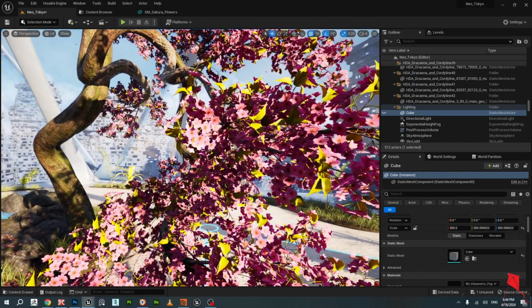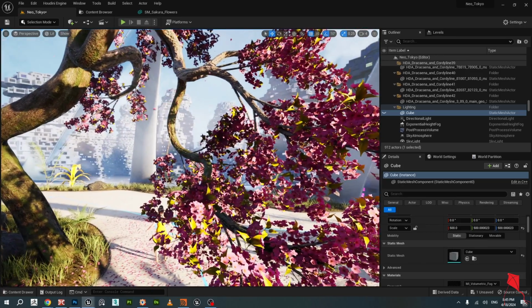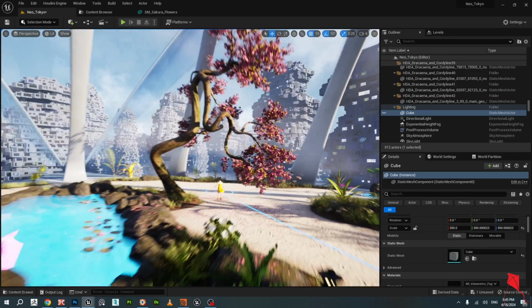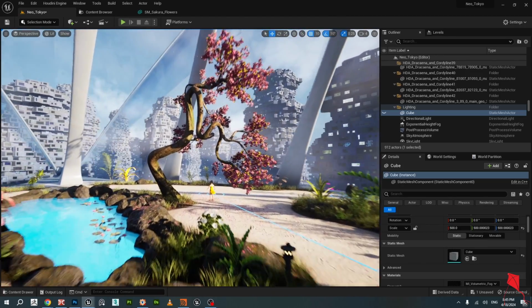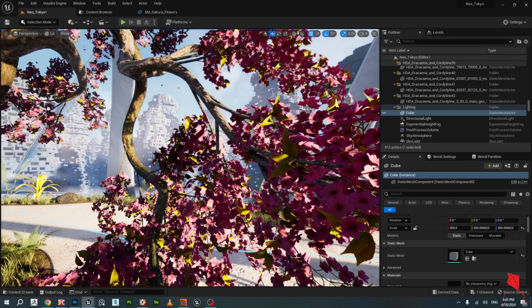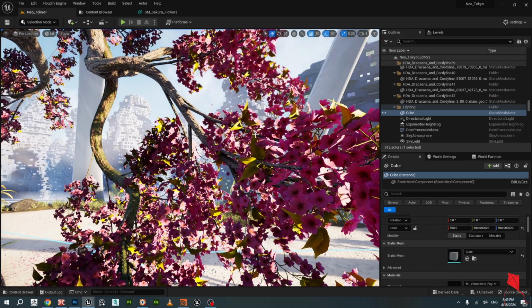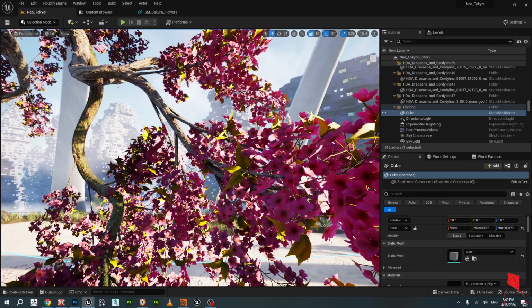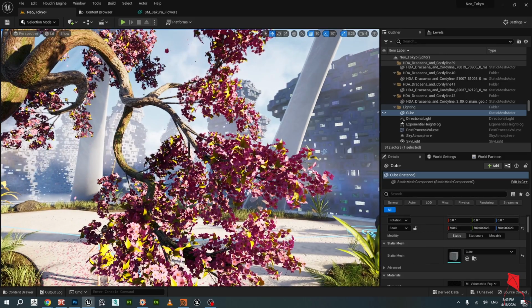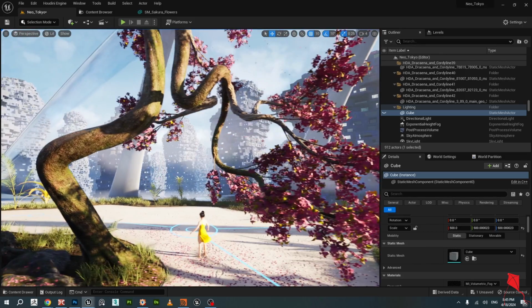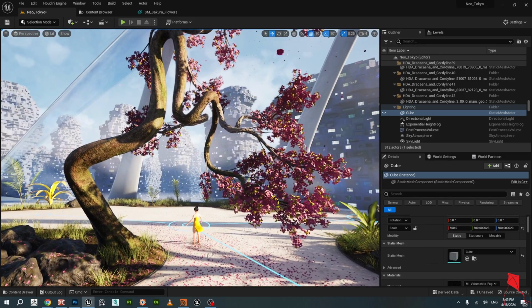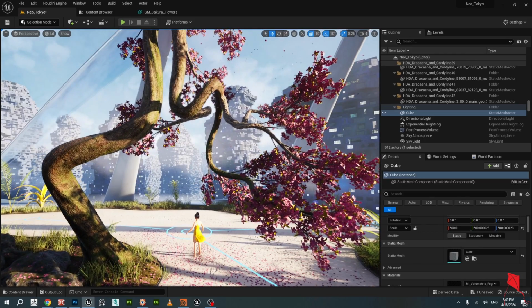By the way, it's about 600,000 polygons, so not light at all, but I wanted fidelity, and I only made it for the scene, so I didn't really care that much about optimization in my case. So now you know that fact, and let's get started with